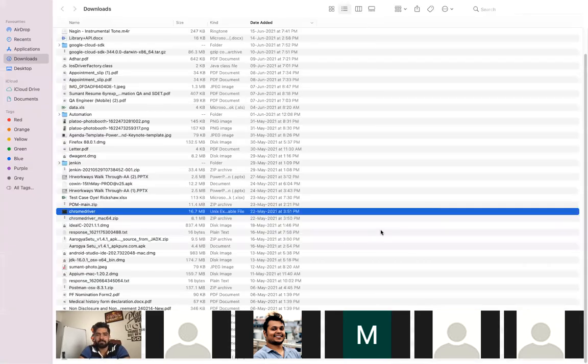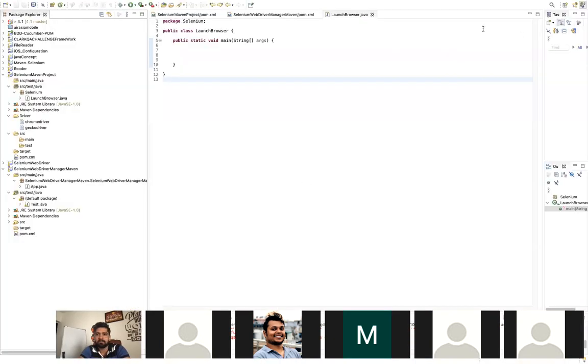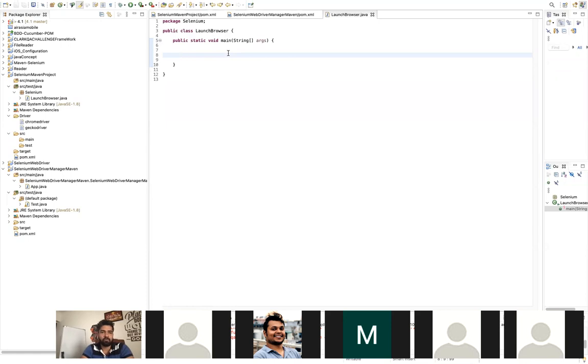What next? Now the driver is ready, and my Selenium is also ready through the pom.xml. The next step is how you are going to launch this driver. For that, the first step we have to write, one second.